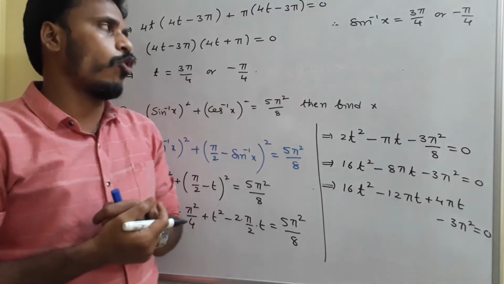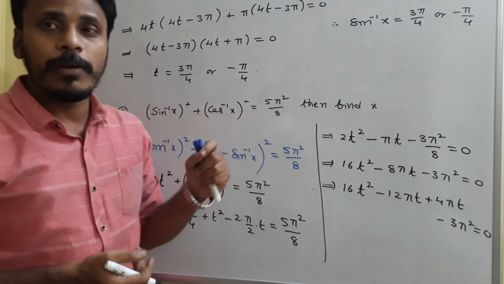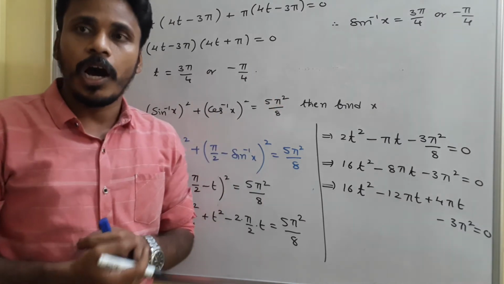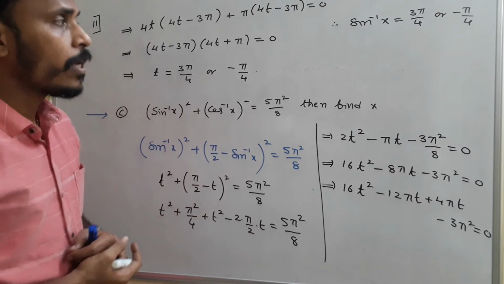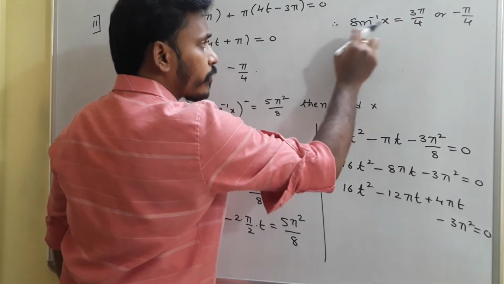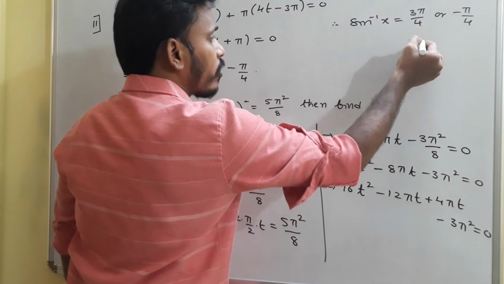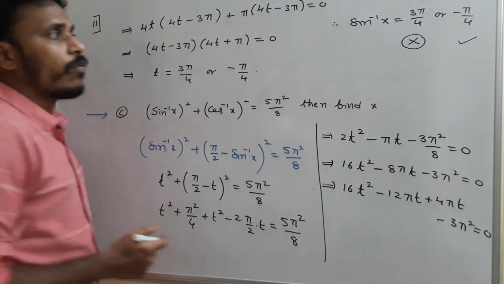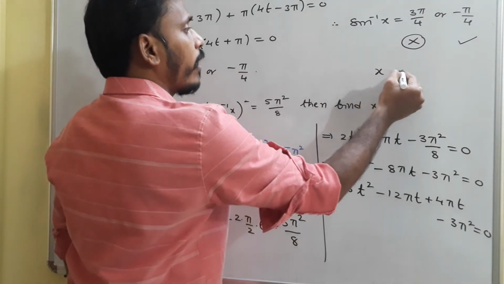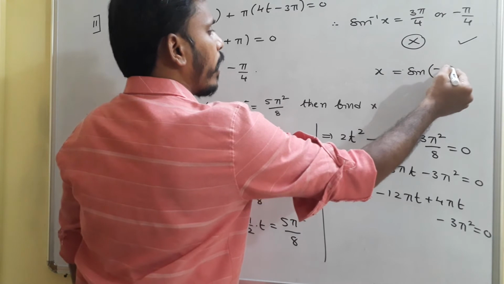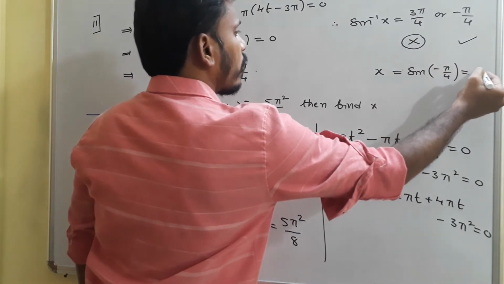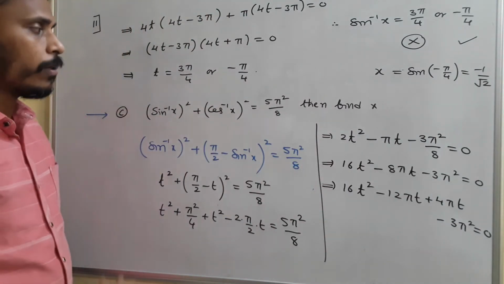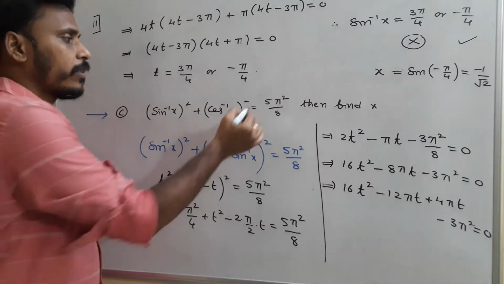Here 3 pi by 4. What is that angle actually? 3 pi by 4 is an angle which is there in the second quadrant, 135 degrees, outside or after pi by 2, right? So since this is not in the range of sin inverse x, you just neglect this 3 pi by 4 and accept this minus pi by 4. That's it. So sin inverse x is equal to minus pi by 4. Then x is equal to sin of minus pi by 4. On simplification, your answer is minus 1 by root 2. Then your answer for the problem is minus 1 by root 2. Okay, just have a look.